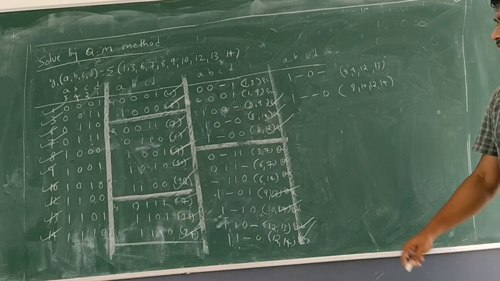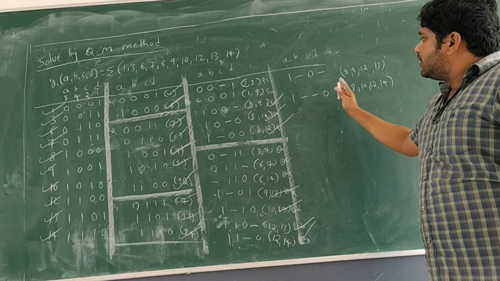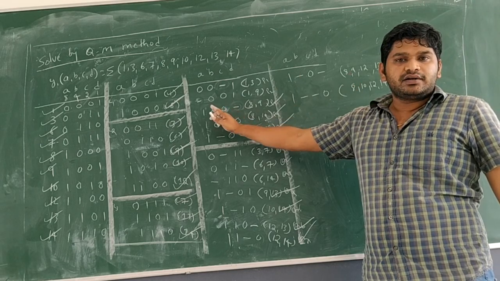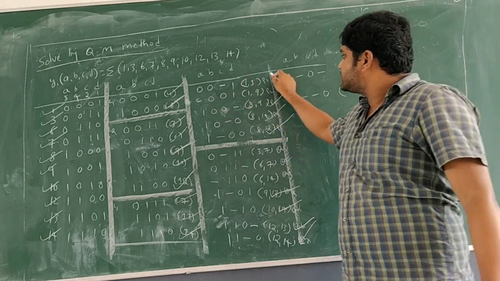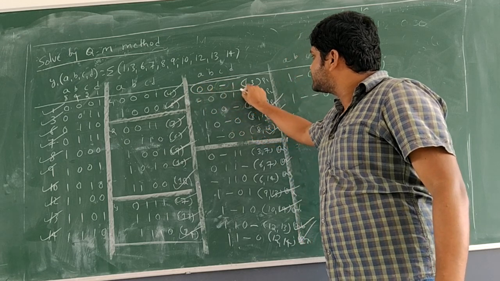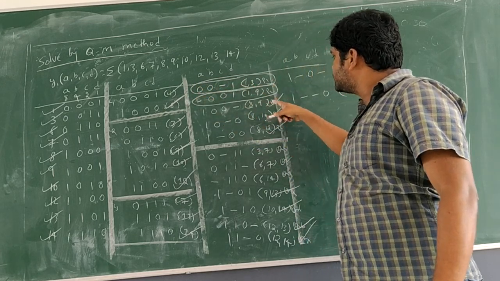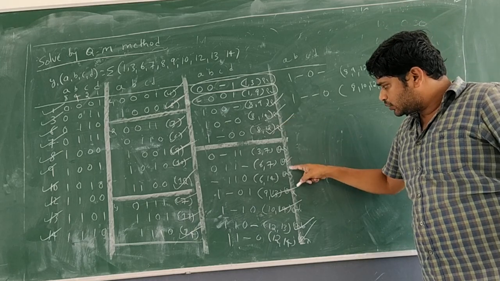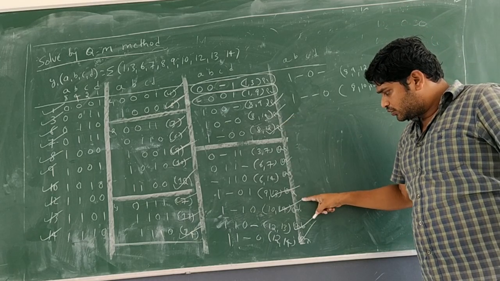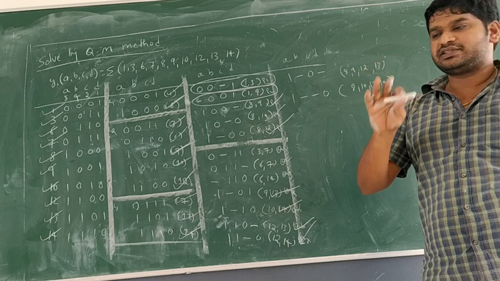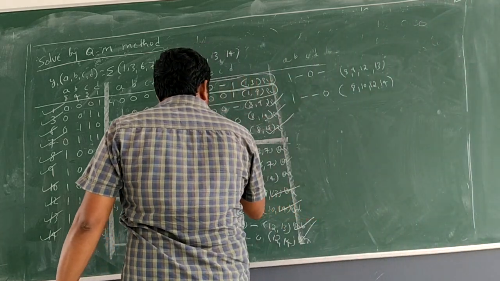QM method is completed. Now, which all are not pass marked, rewrite them with circle. See this circle, again a circle, pass mark 1, 2, 3 circle, 1, 2, 3, 4 pass mark. So 3 circles in second set here.